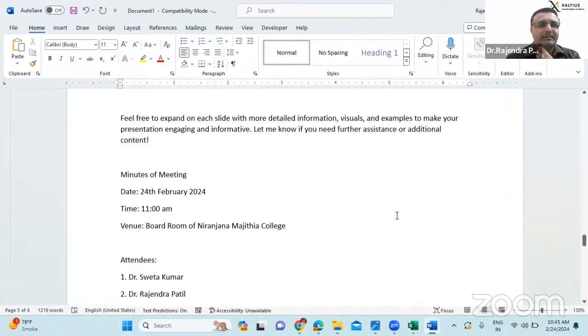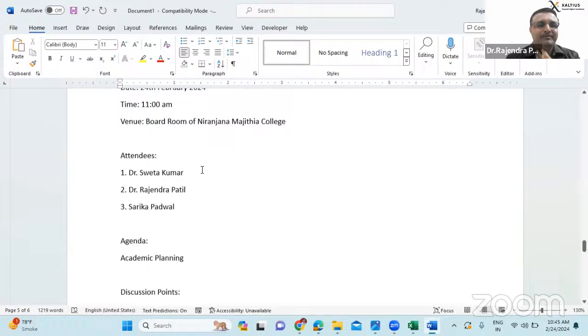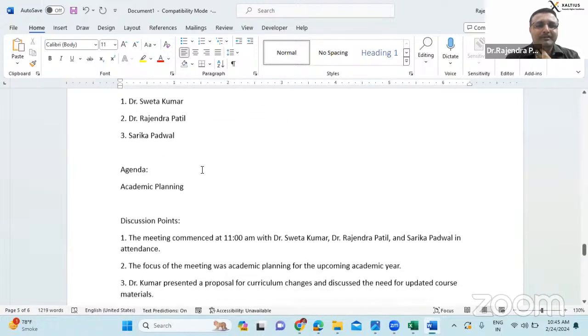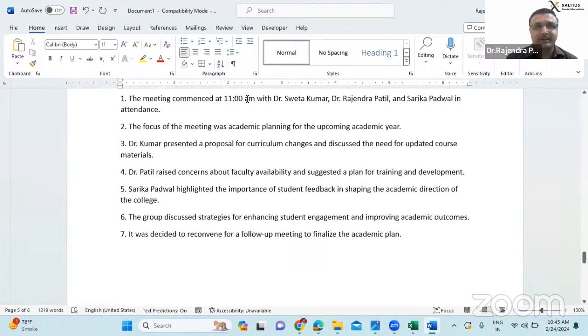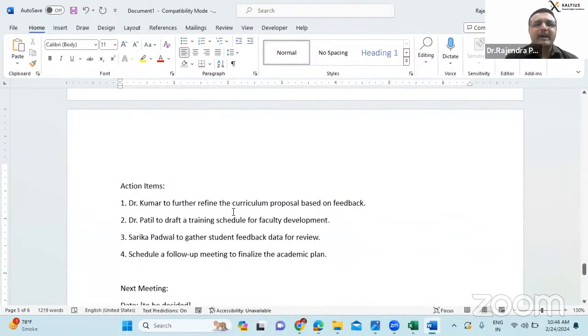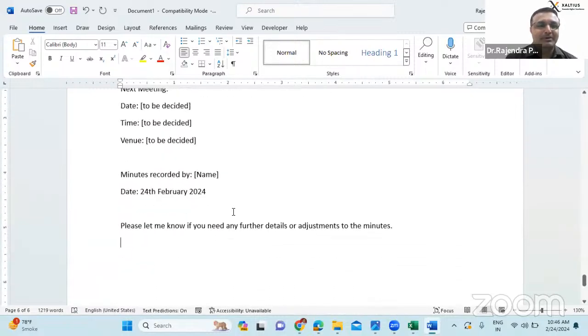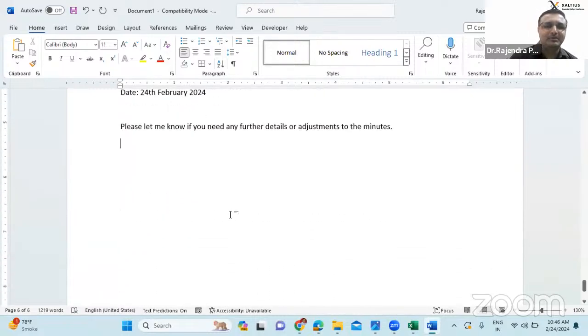See the minutes are designed. Minutes of meeting, date, time, venue, attendees. The meeting commences at 11 a.m. with Dr. Shweta Kumar and all the focus. Okay. So this we all do for NAAC and all this, and you know what we do when something is required to generate. So you can make use of such tools.